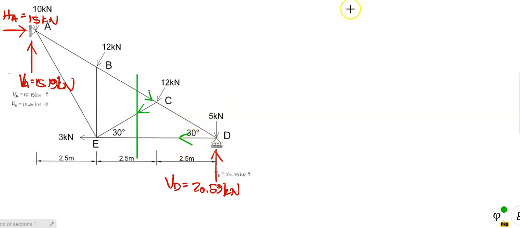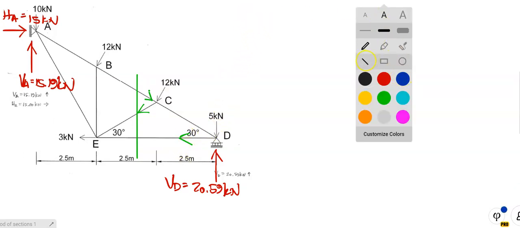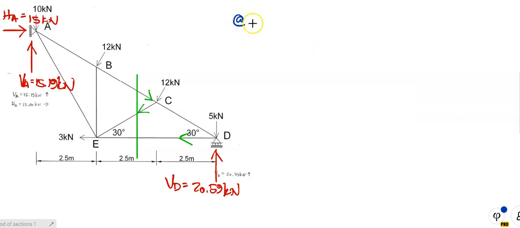So, I'm going to say at joint C. Right, I'm taking moments about there, and I'm considering forces to the right side of the joint. So BC, EC, 12 is all going to be out. So I'm going to be involved with 5 there. So it'll be 5